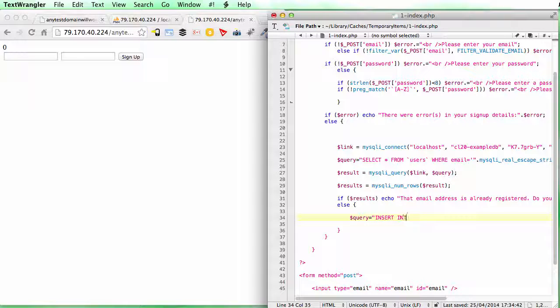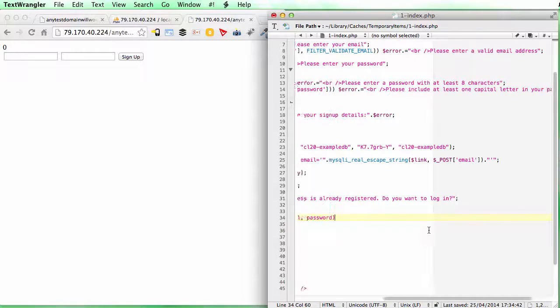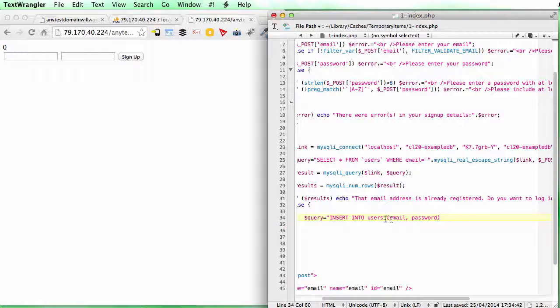Insert into users, and we want to create an email and a password. Let's put backticks around those just to be on the safe side. And we want to use values